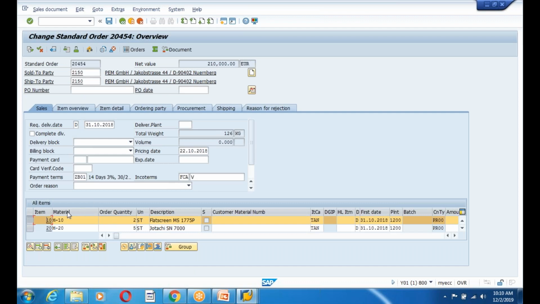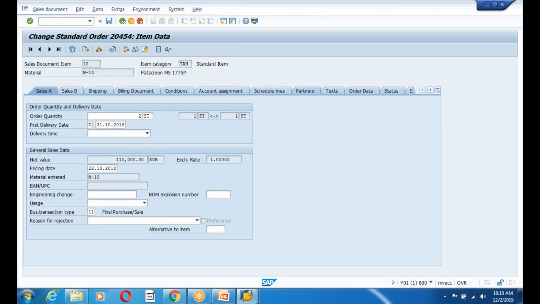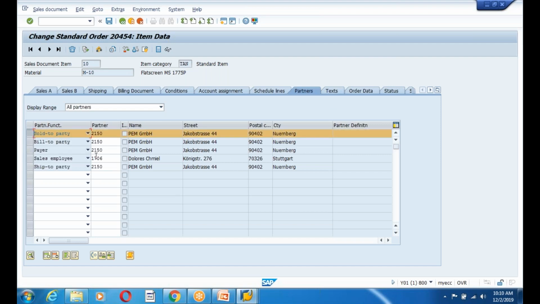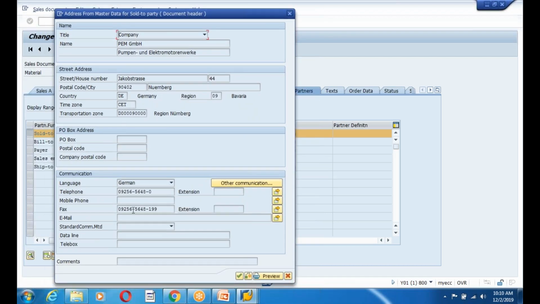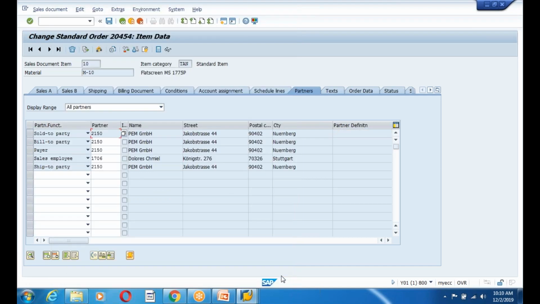Go here and click on the item, and in the item, see my sold-to party here. Go to the sold-to party address. I can give an address right here, guys. So at the order level I can store your data. Whenever this order is delivered, it is delivered to that address. So your data will not be stored in my system.